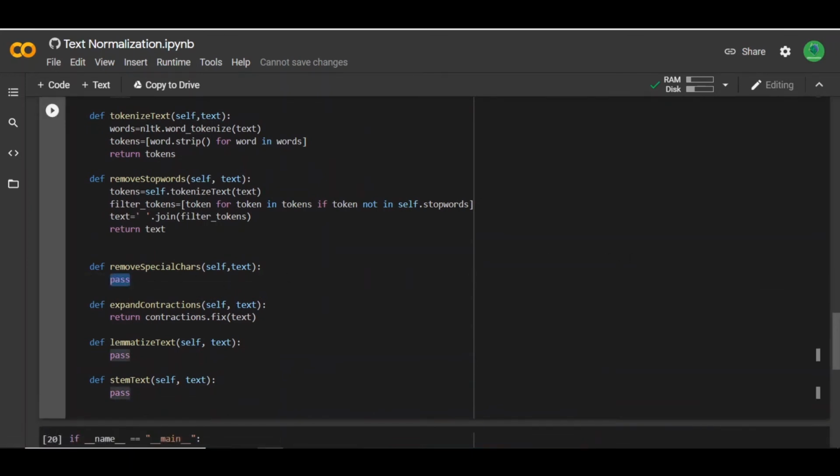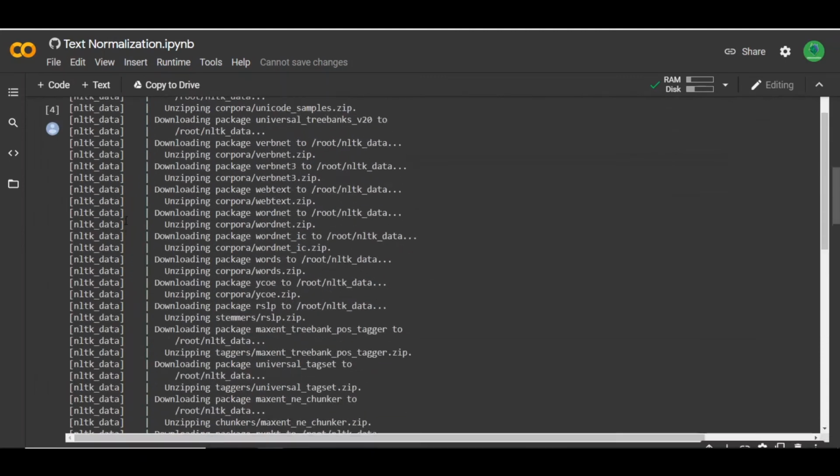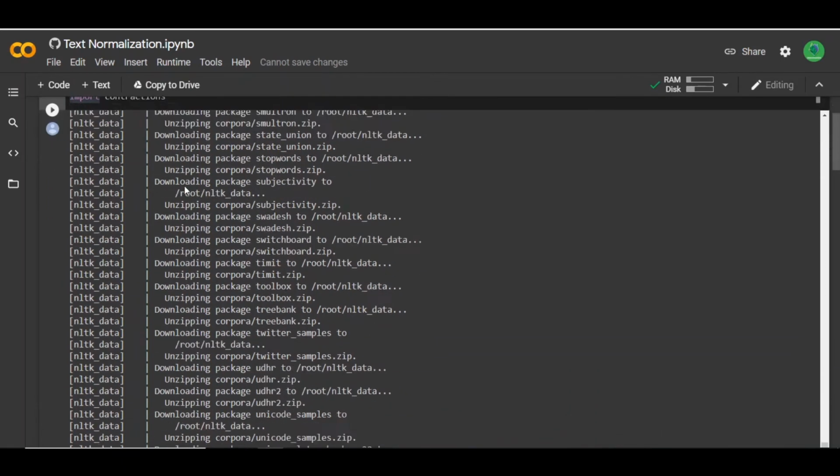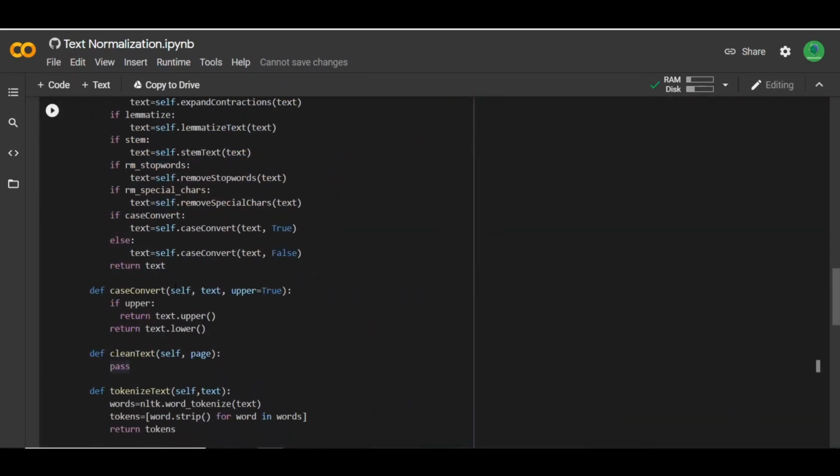Again, this can be done very easily with the help of some other very simple libraries that we'll be using in this video. So this one I will be using is import string. This library gives us all the punctuation and all the different types of special characters that we need to remove, and we will use the same approach we used for removing the stop words, except we're just trying to